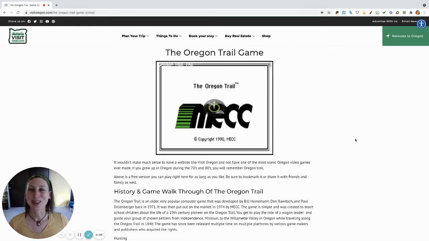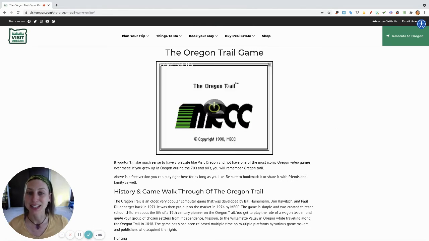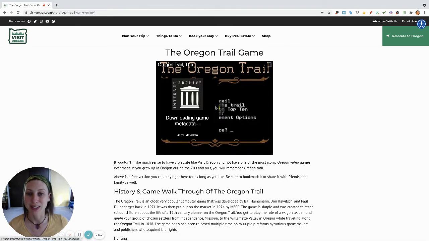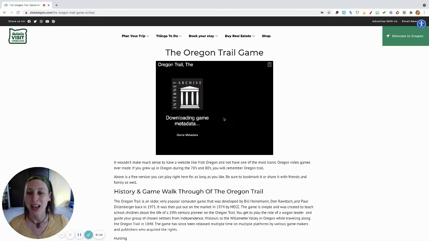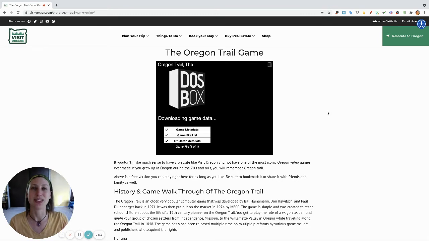All right, so this is a quick tutorial on how to play the Oregon Trail online game. From the website, you're going to have to click on the center thing here on this power button. So click one time on that. While it's downloading all this stuff, you might notice that it's kind of small in the center of your